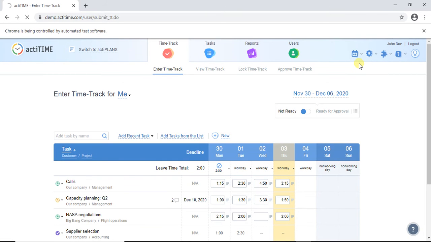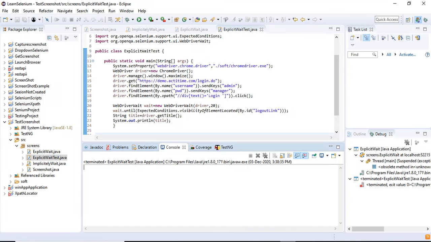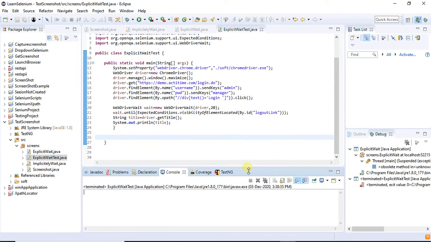This is the application I used. I have the URL demo.actitime.com, which is a login page. Now go to Eclipse. I had already written this code, and I am going to explain it.